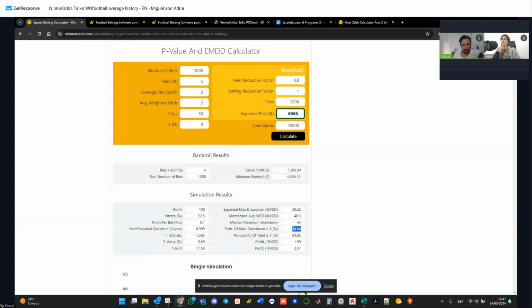So instead of 1.68%, if you double your bet size, the probability of suffering 50 units is 35%. So it's very important to follow the bet size